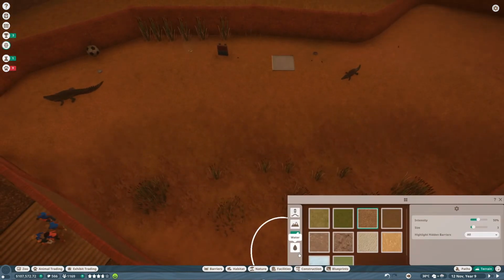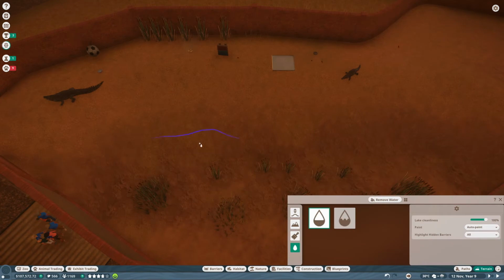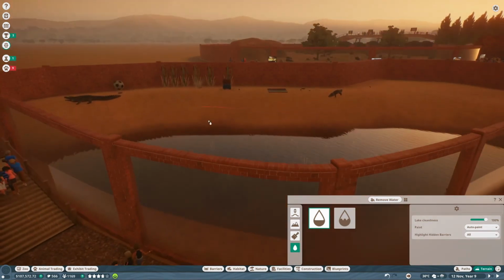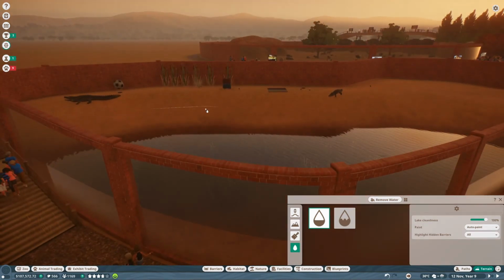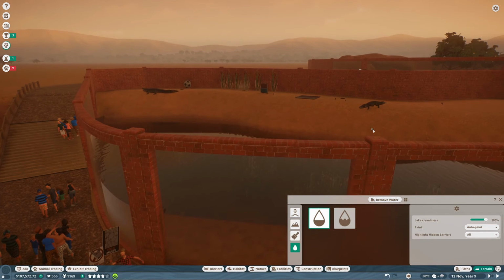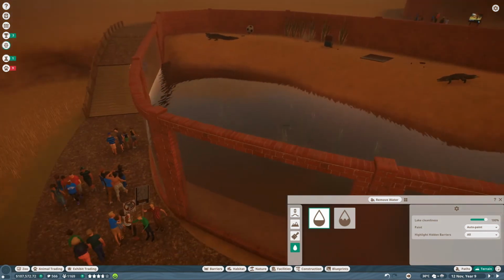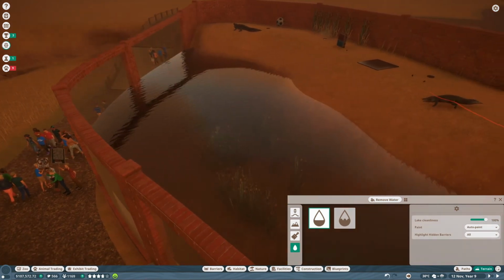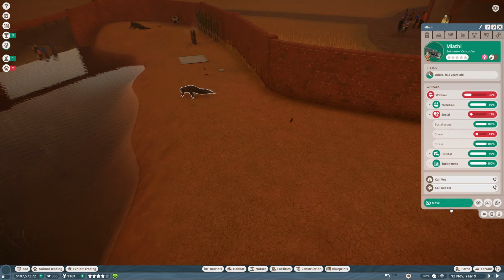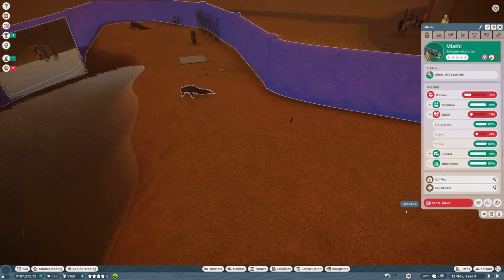Alright. Let's now put our water in. Let me go as high as I can. Oh, it's so low. I found that you can't go very high if there's something blocking it. And sometimes it can be the animals. Let me see. So if I move the animal...